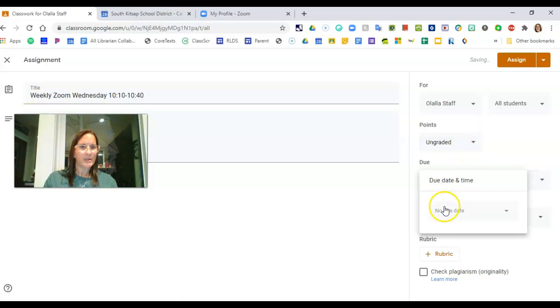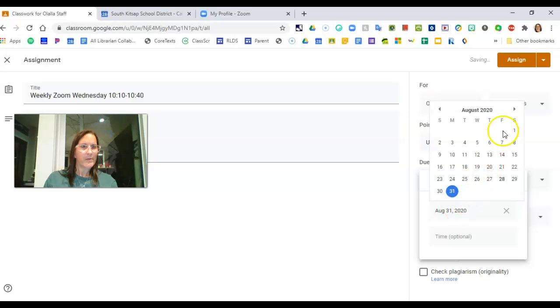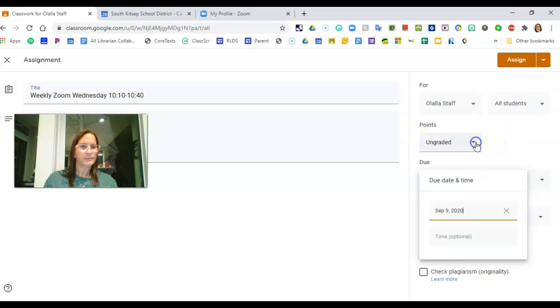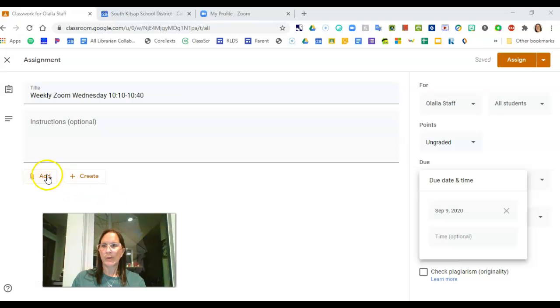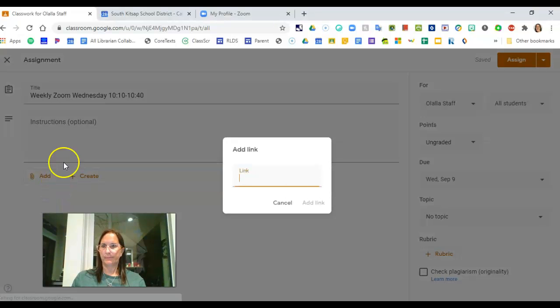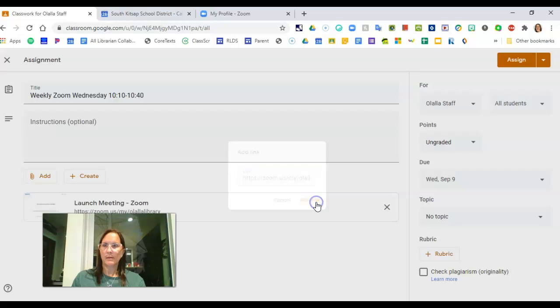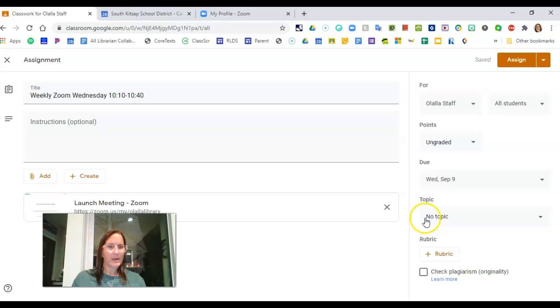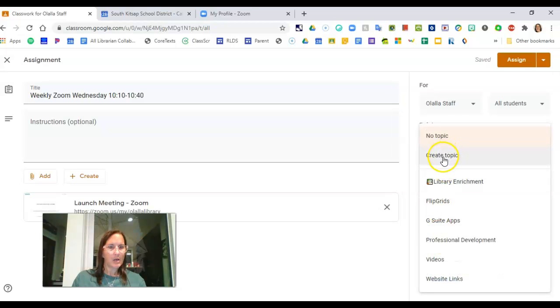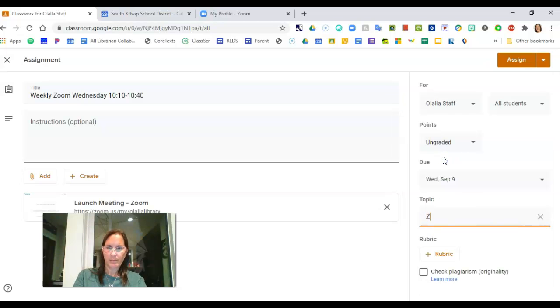And then I'm going to put in the day. And then, oh, most important thing is I'm going to add that link. And then remember it was Olala Library. Okay, add link. Now if I do it this way and I put it into a topic called Zoom and I click assign,